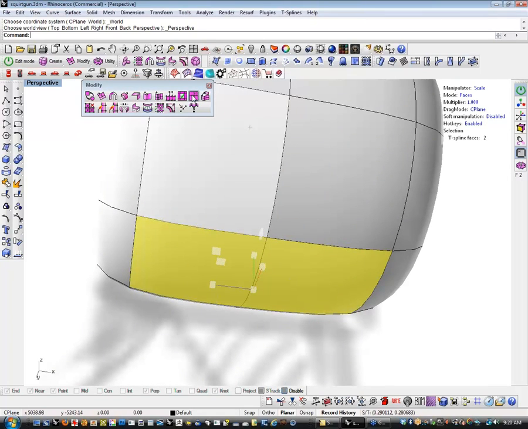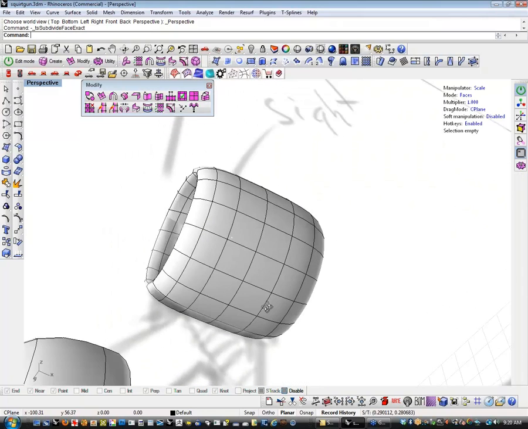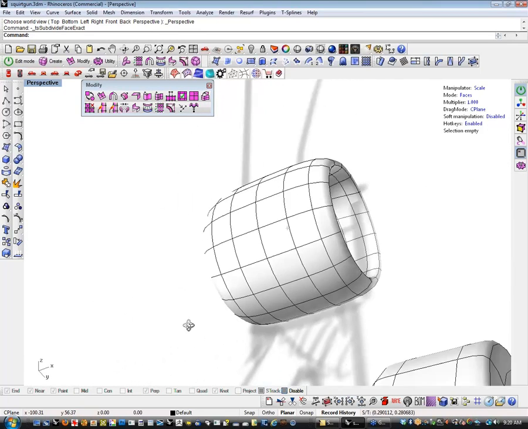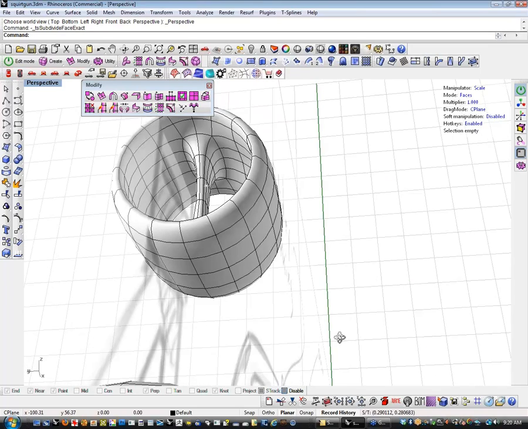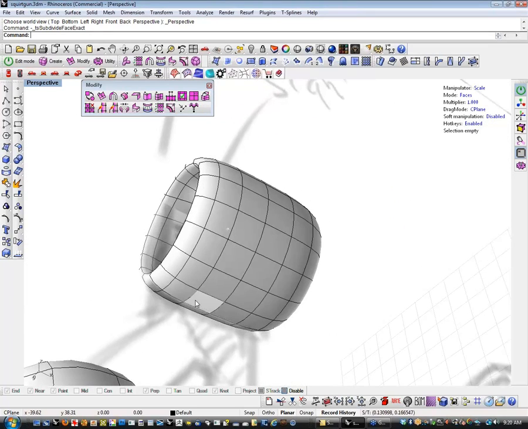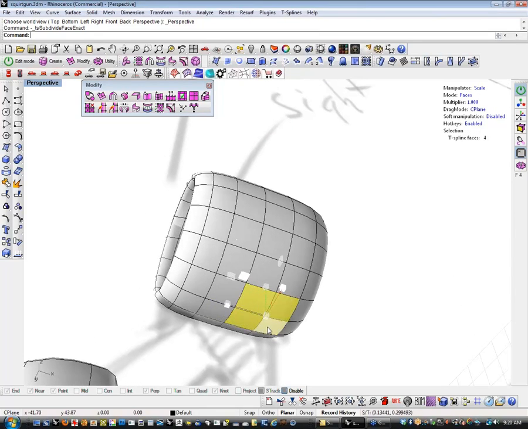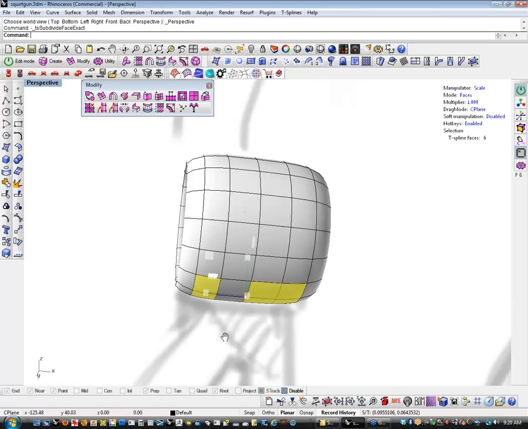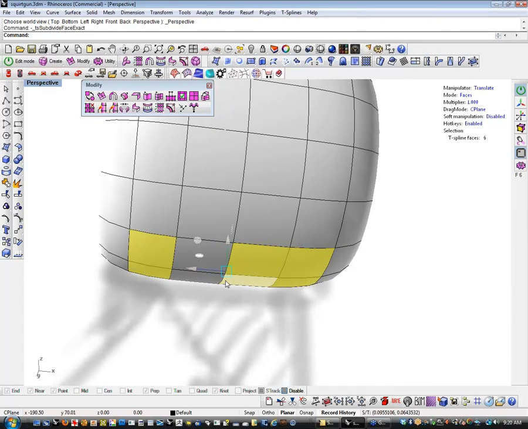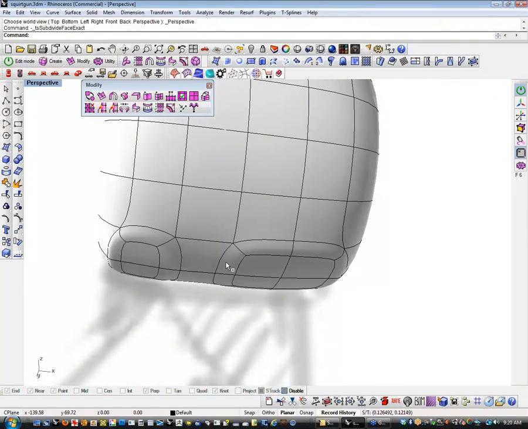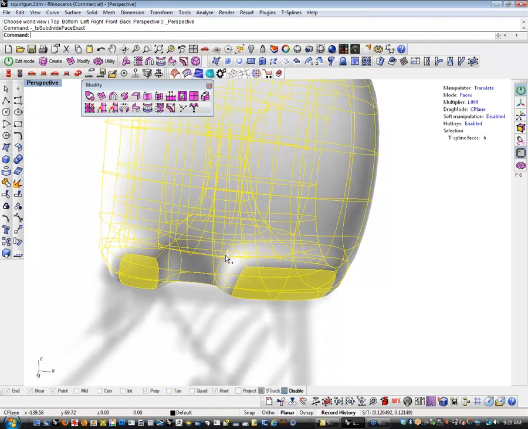So I'm going to pick these 2 and I'm going to subdivide exact, which is going to add a whole bunch more geometry to this thing, but it's going to basically give me what I need in order to pull these things out of here. And I'm going to make the back one stronger and the front one a little weaker, and then I'm just going to alt drag those out,